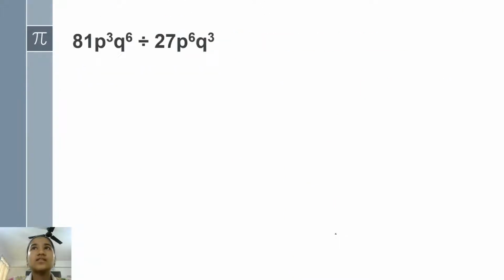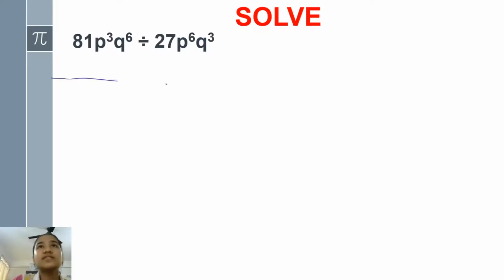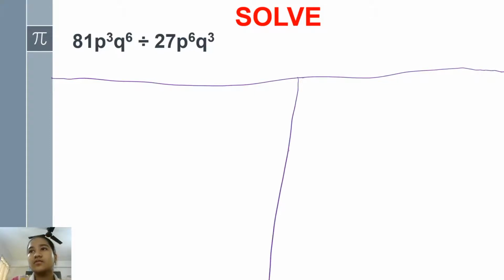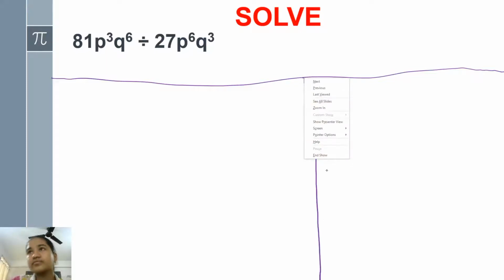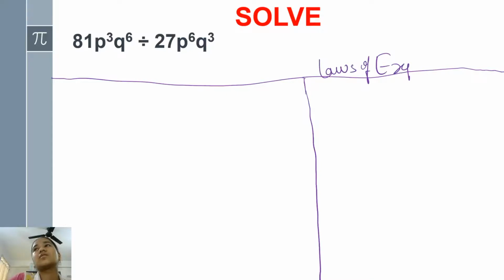So our next task is this. We have to solve this. Practice makes a man perfect, as I informed you. I'll be going with the laws of exponents process, and for this sum I'll be explaining both processes, so that it's easy for you all. Whichever process you want to follow, you can follow. It's great. Here I'll be using the laws of exponents to solve, and here it's the normal method.